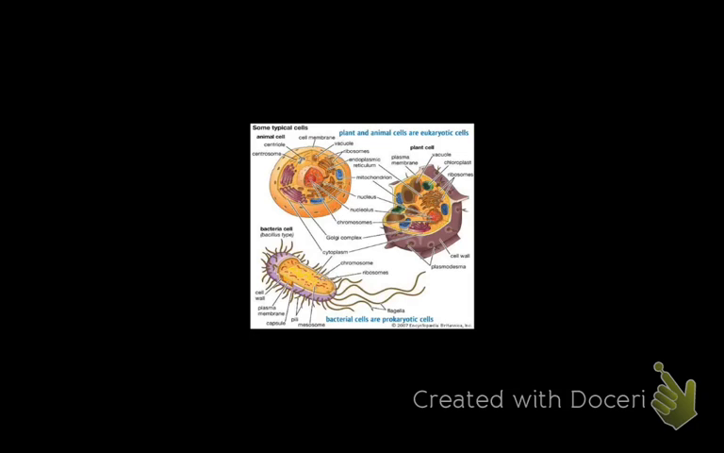So the first thing that we're going to be looking at is photosynthesis, which includes plants only. Animals don't go through that. Bacteria do go through photosynthesis, but we're going to focus on plants. And where photosynthesis actually happens is in this little